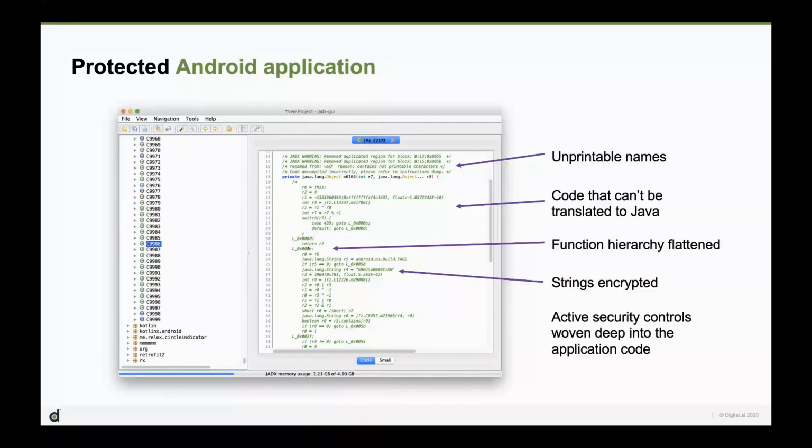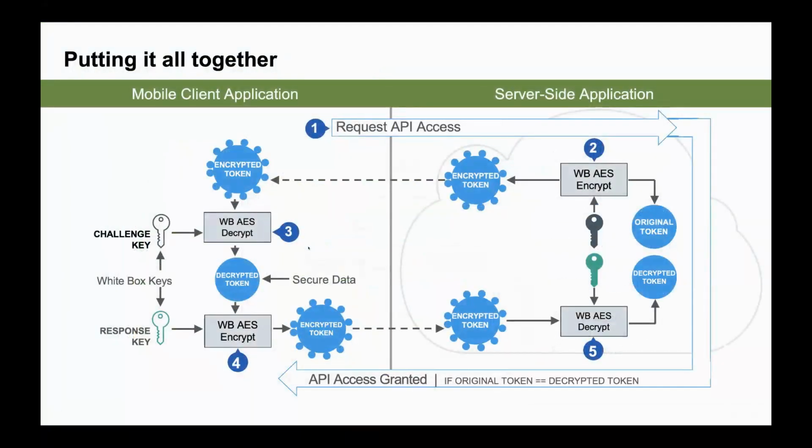So if we look at another example of kind of putting this all together in terms of looking at the client-side application that might be talking to a server-side application. So this is an example of, let's say your server over here has an API that you want to try to validate in the client, which is on the left side of the slide here, that it's a valid client. So how you might do that